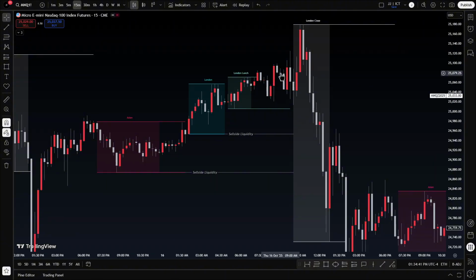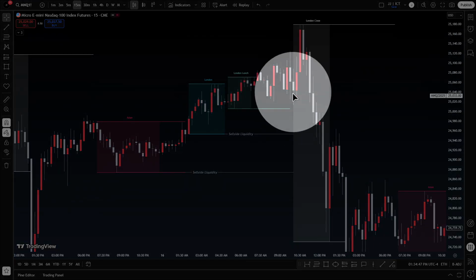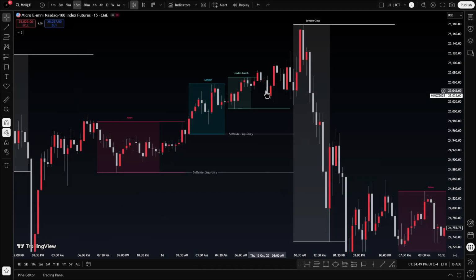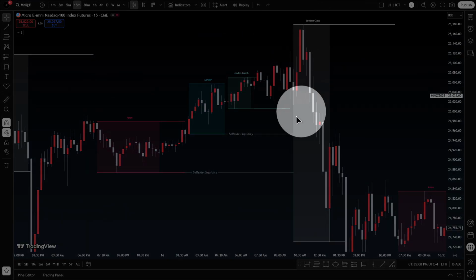Price is purging buy side, getting rid of all buy side liquidity, and inviting buyers to manipulate them later in the future, in which it does that right here, to then take out all the sell side liquidity that's being gathered or accumulated here within what? There's a word. In time. Time being what? Asian, London, or lunch. Or if you said kill zones, you're also correct. And guess what? Price violates all those lows.